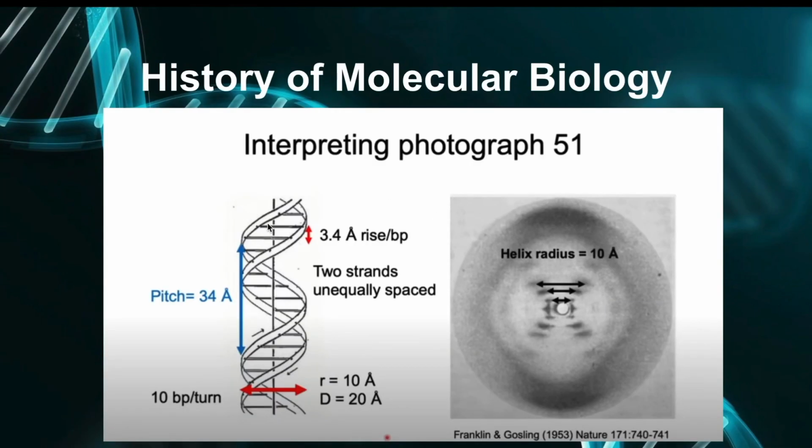Finally, the spacing between the spots gives the helix radius. Ito class, yung distance between dito sa mga spots na to, that gives us the radius. In this case, ang na-measure nilang radius is 10 angstroms. So if you will get the diameter, i-multiply mo lang by 2, then we get the diameter of the helix of around 20 angstroms, which is exactly the diameter of DNA. So yan, ma-estimate nyo na class yung measurements or dimensions ng DNA from there.